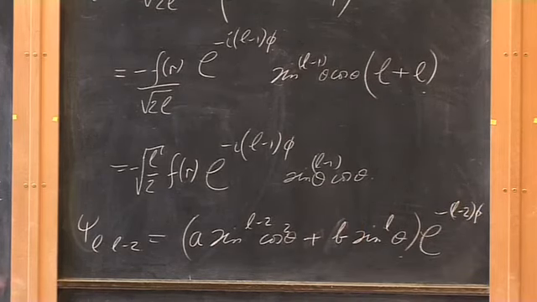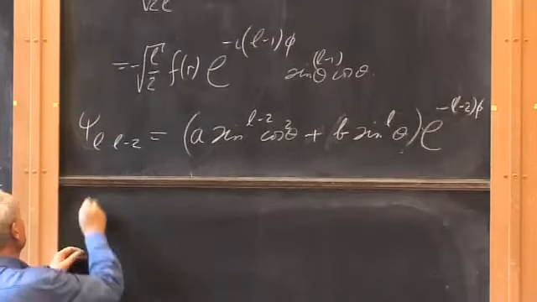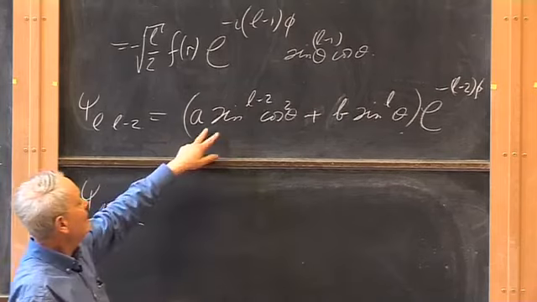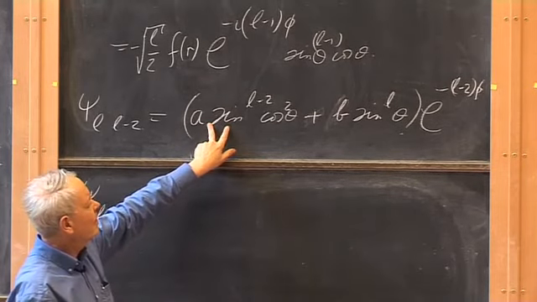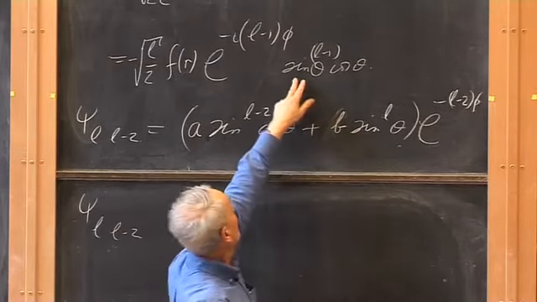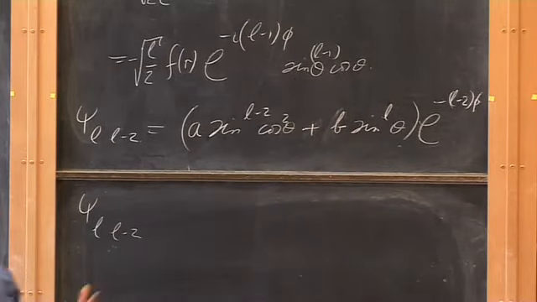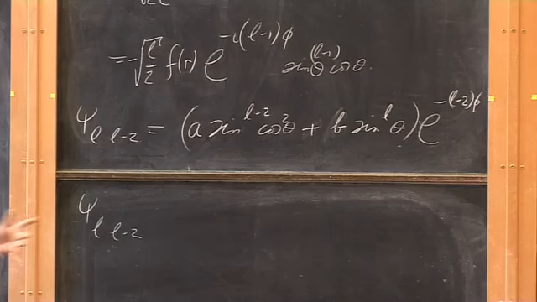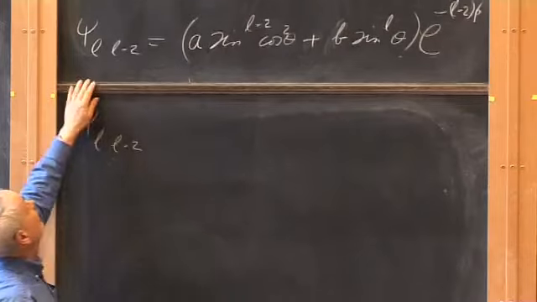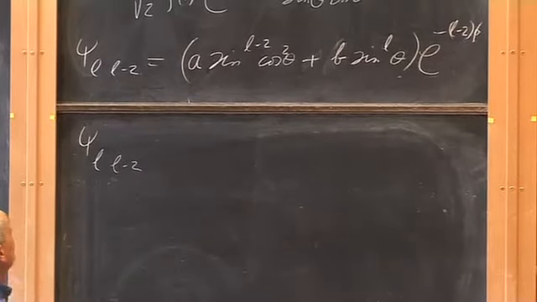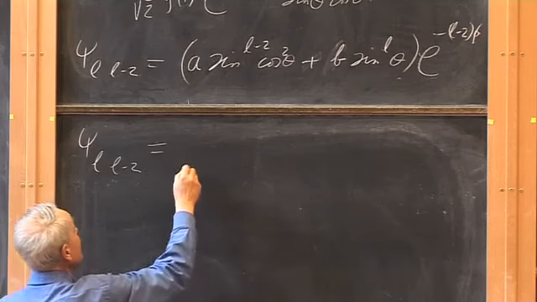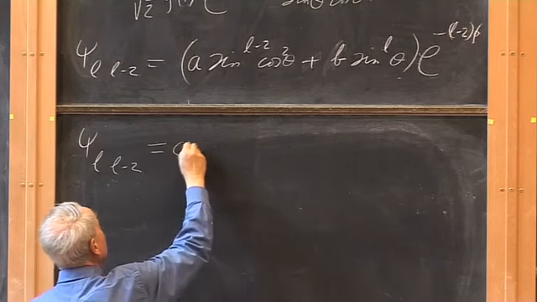And when we differentiate this again, in order to get psi L minus 2, it'll get more Byzantine, because this will generate me an L sine to the L minus 3 times cos cubed. This will get back what we had here, and so on and so forth. You get more terms. You get a longer thing coming in front of the exponential. So what do these things actually turn out to be? It turns out that this is a normalizing constant